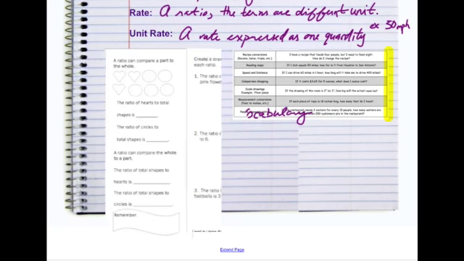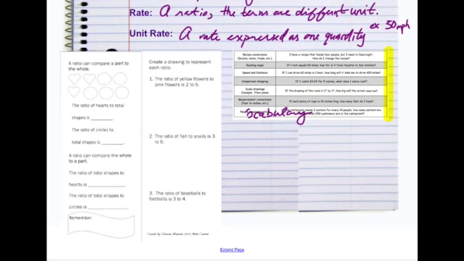This last component is the inside tab. So if you open up that last tab we were working on, you'll see that in the center piece of the inside of your foldable has comparing these pictures. A ratio can compare a part to the whole. What's the ratio of hearts to total shapes? Well, that's 1, 2, 3 hearts compared to 1, 2, 3, 4, 5, 6, 7, 8 total shapes. The ratio of circles to total shapes is 5